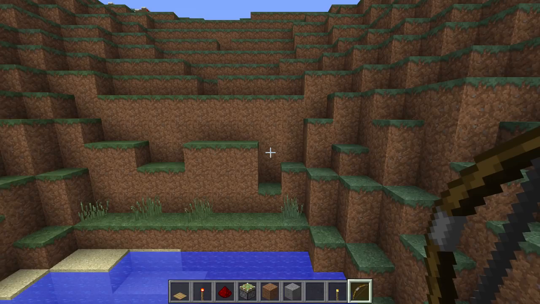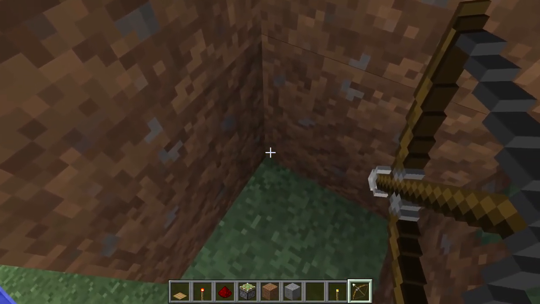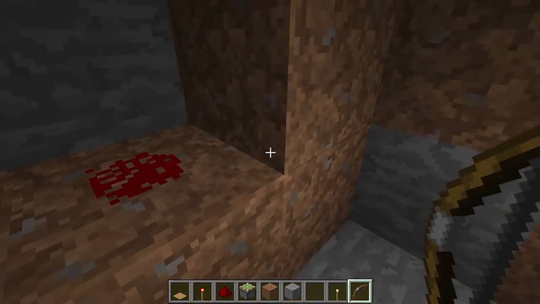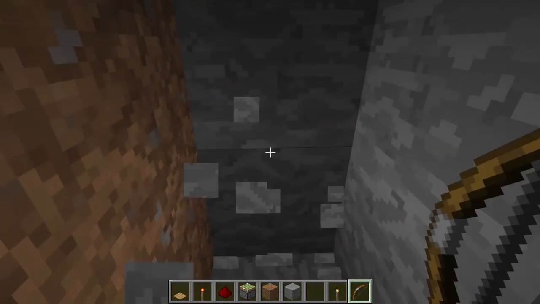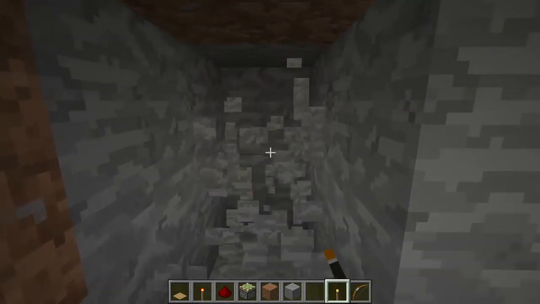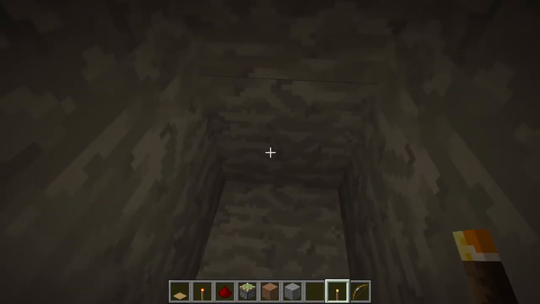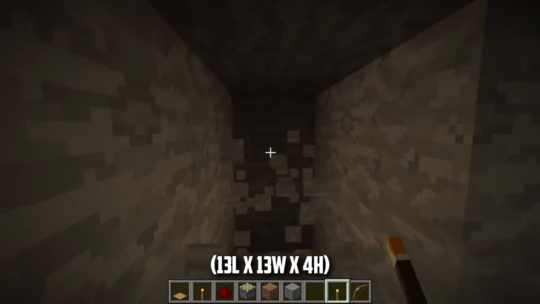Now that we have a secret entrance, we can now start designing the base. So go inside and at the end of the pressure plate start clearing out a small walkway that goes at least 5 blocks into the hillside. At the end of the walkway, we will now clear out a 13x13 square with a height of 4 blocks